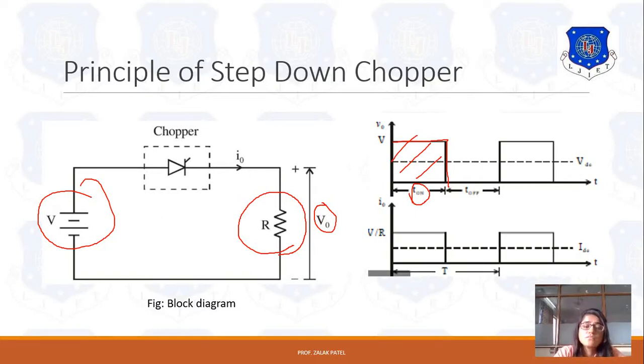Now because the chopper acts as a switch, if it acts as an off switch or is in the off state, then you can note that the time period is off. It has the amplitude of voltage as 0 level. So it can be either positive V volt or 0 at a time. So this is the principle of the step down chopper, that it has the positive value V or 0. So this is the basic step down chopper.